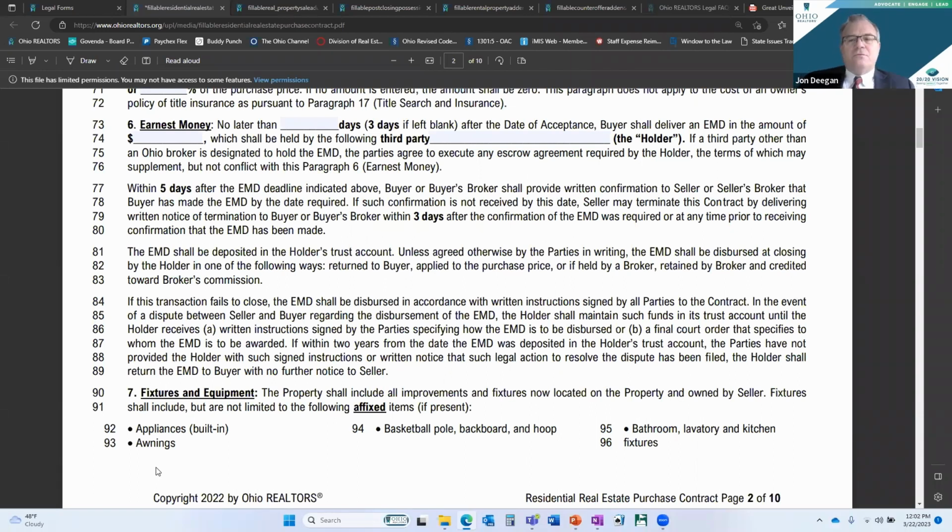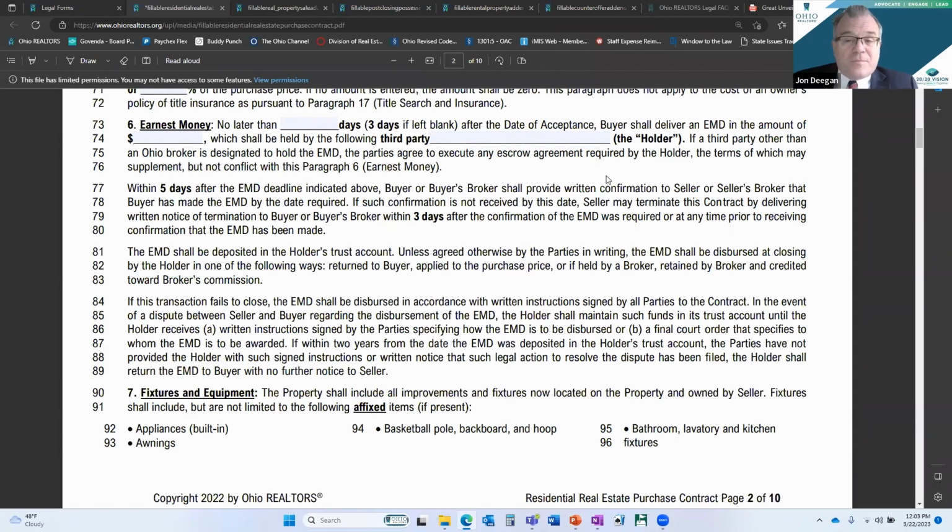So in order to allow this contract to flow in other markets, we've defined the third party holding the money as the holder, and it could be any party. It could be the broker. It doesn't mean because it says holder, it's not the broker or the title company. And it also sets what I consider one of the 17 or 18 trigger dates in the contract, that 3 days,